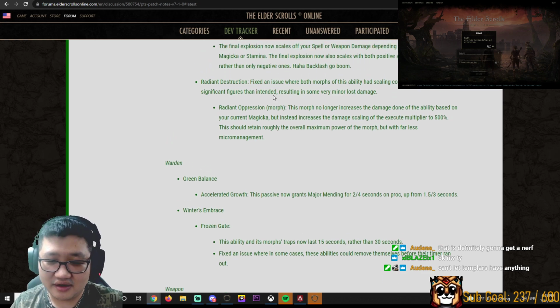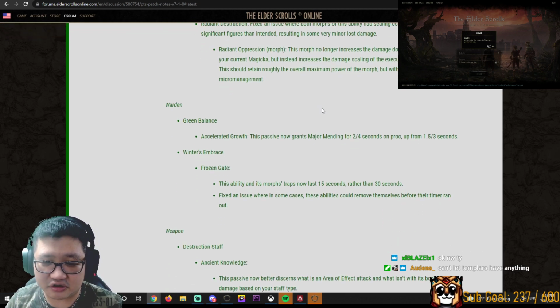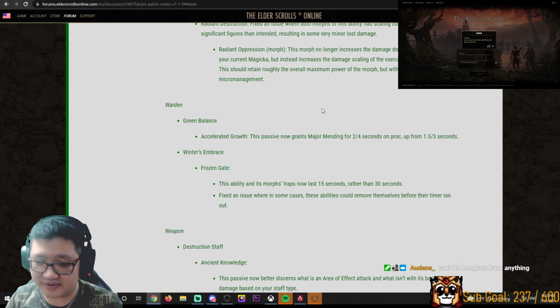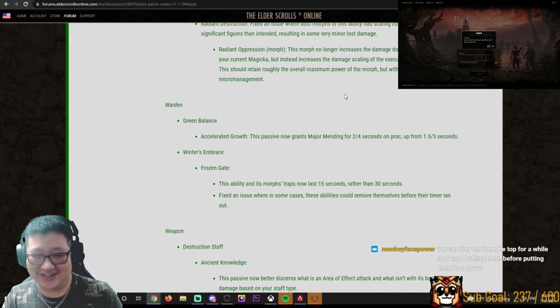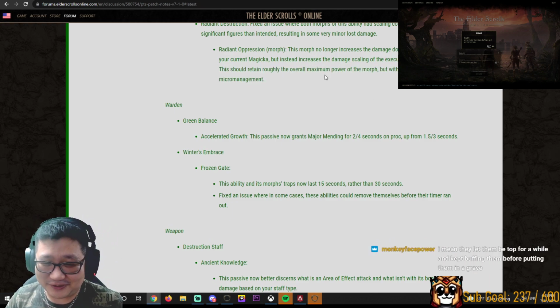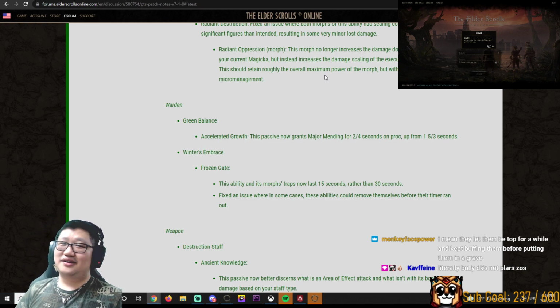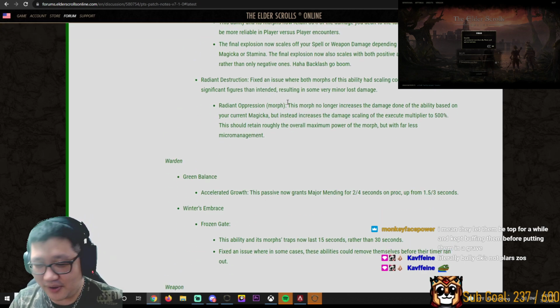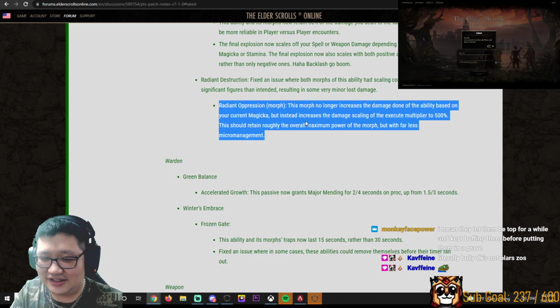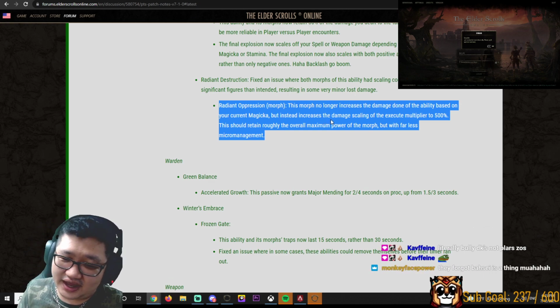Huh. This morph no longer increases the damage done of the ability based on your current magic for Radiant Destruction, or Jesus Beam as many players call it, but instead increases the damage scaling of the execute multiplier to 500%! What the fuck? This should retain roughly the overall maximum power of the morph, but with far less micromanagement. So, yeah, scale-wise, it will be roughly the same, but overall it will be much better. Because now you have,